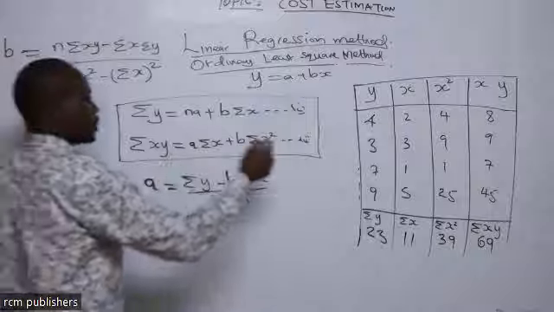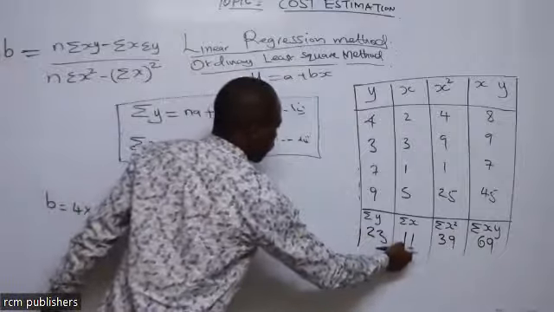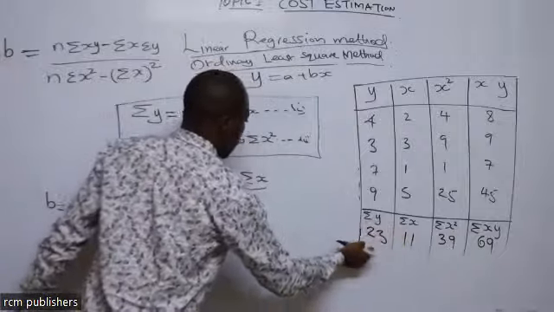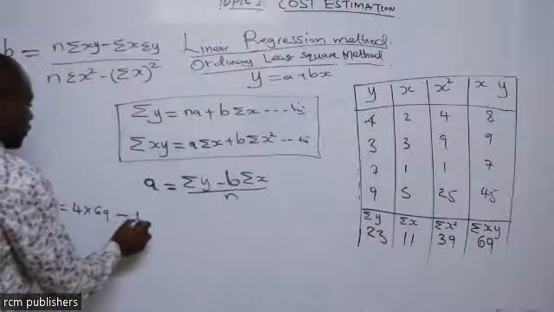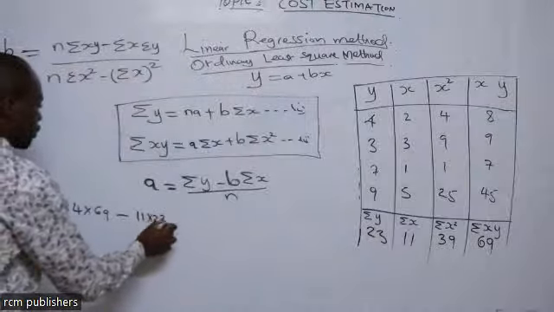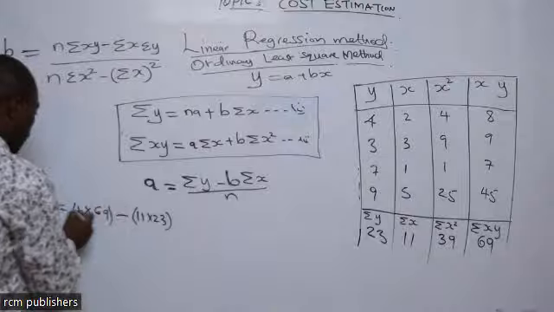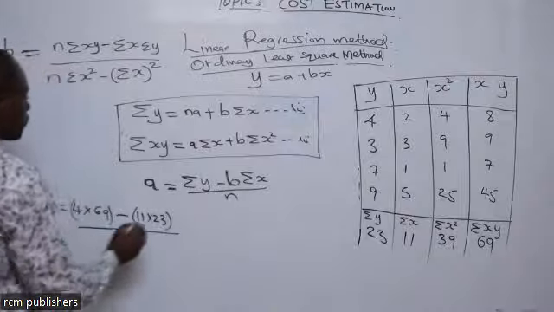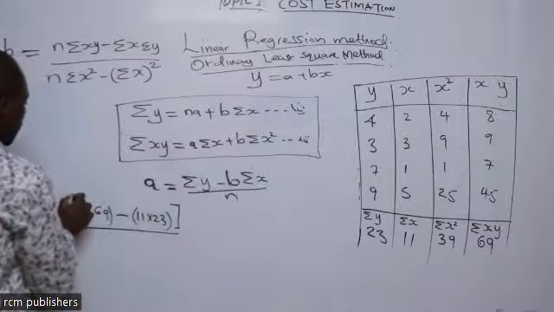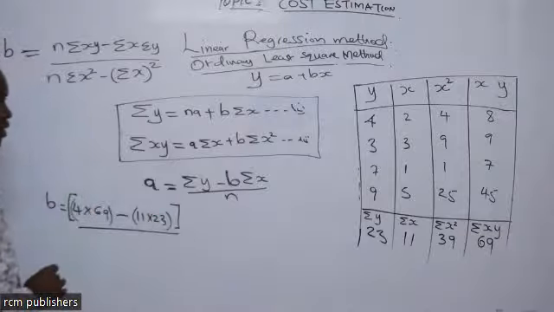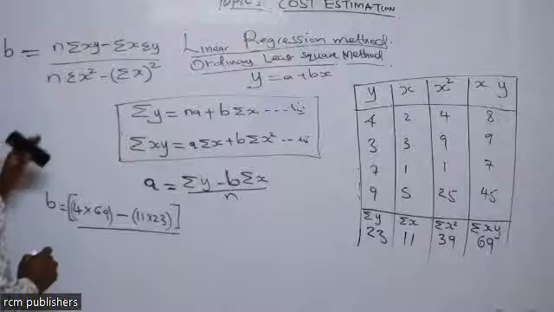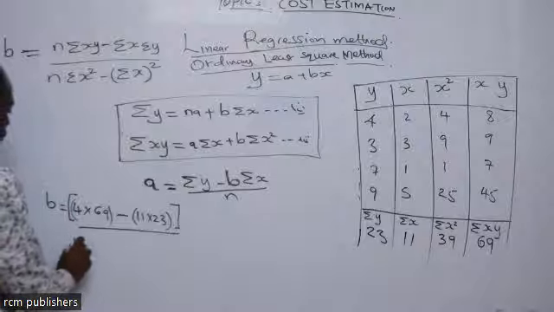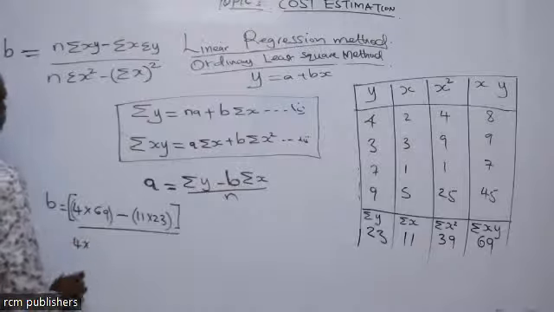It means we take summation of x and multiply by summation of y. So that is 11 times 23. The whole of that will be divided by n, which is 4, multiplied by summation